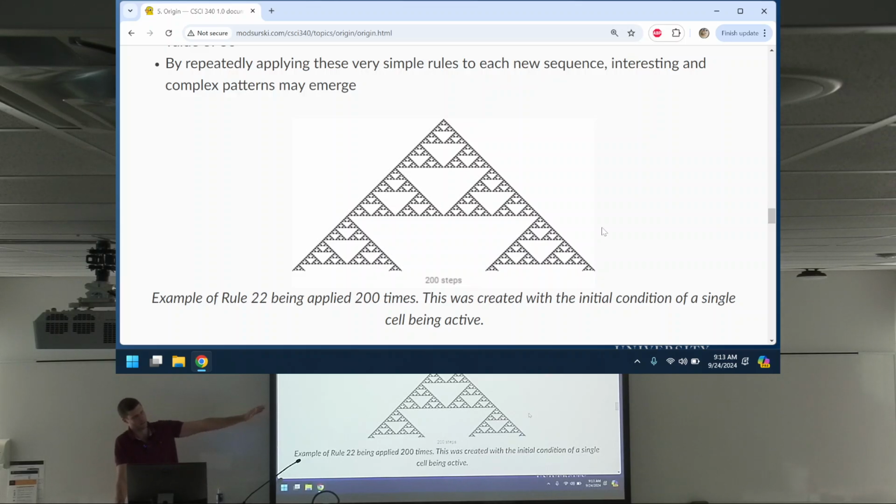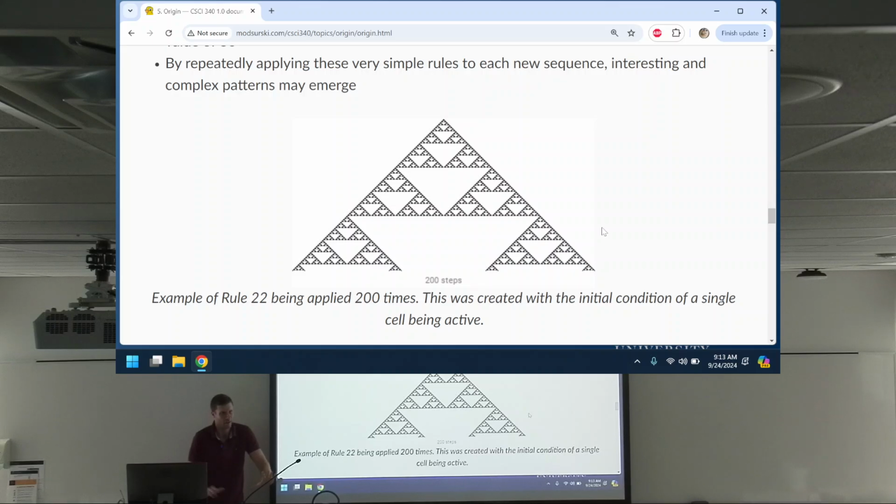Now that's interesting. The rule and system is as simple as it gets. It's hard to define a system simpler than this. But if you apply Rule 22, hilariously simple, easy to understand, trivial, you get a very interesting pattern. At least I think that's interesting. In fact, if you were to let this run forever, you would have a fractal pattern, where you could keep zooming in and zooming out and you're just going to see the same pattern over and over. Not only is it going to go on forever,